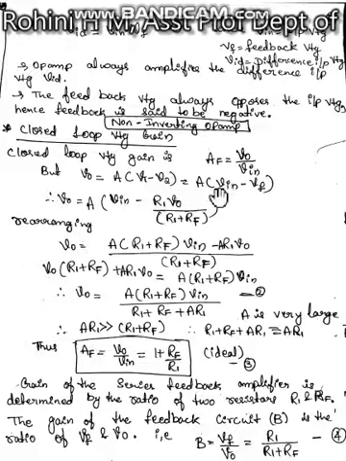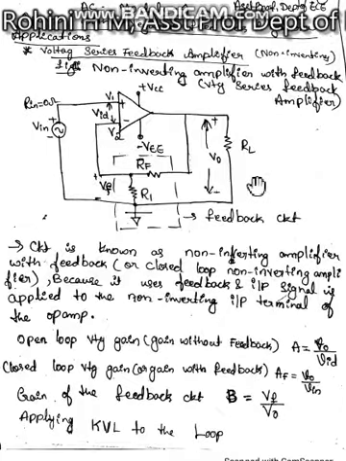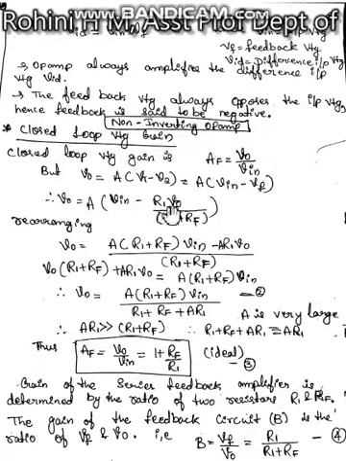So when we substitute this, we get Vout is equal to A into Vin minus, so what is VF? We will look at the circuit here. VF can be obtained by the voltage divider rule. So consider this as one circuit. Here what is the voltage? Vout. VF is part of that Vout. So voltage in this branch is equal to resistance in the same branch, that is R1, divided by sum of resistance, that is R1 plus RF, into total voltage applied Vout. So the same expression we have now, Vout into R1 divided by R1 plus RF.